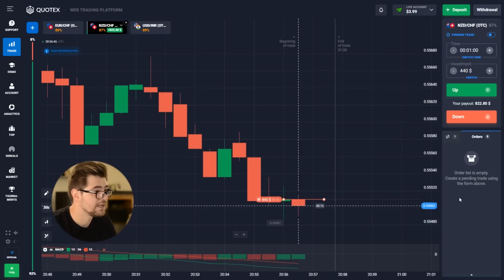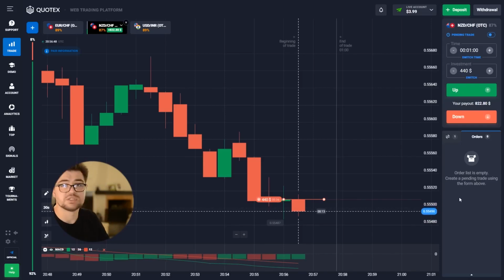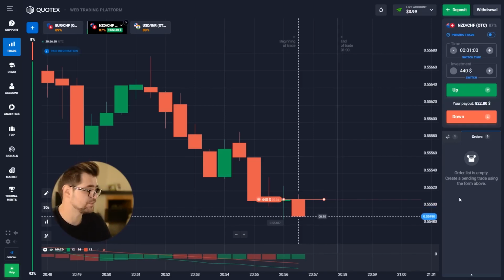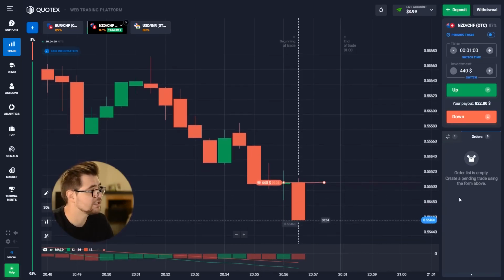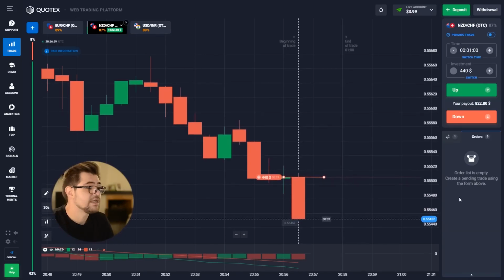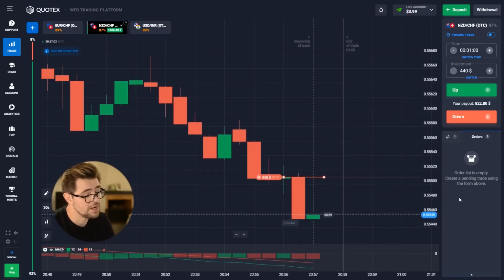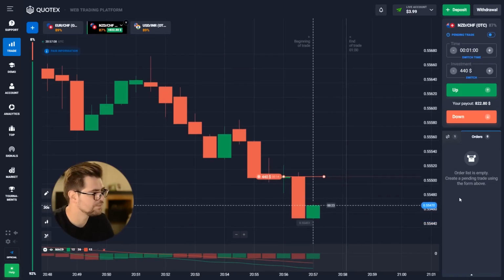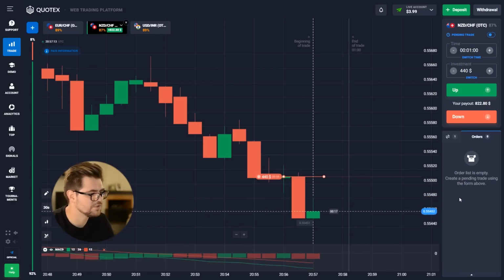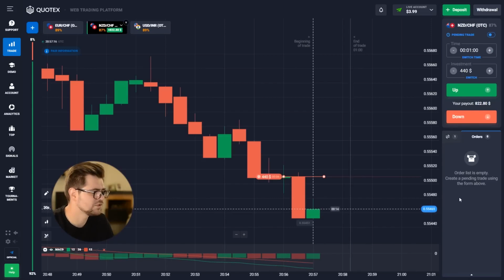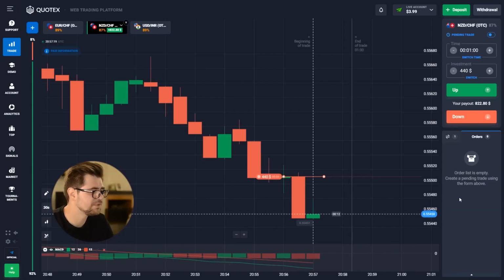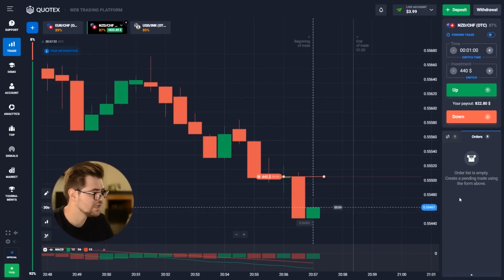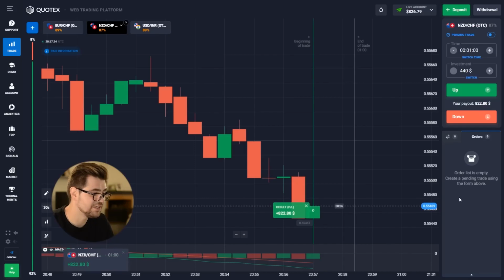Because this is short positions trading with binary options, you gotta keep in mind that it's a very short period. 1 minute is very short, and the patterns need time, the chart needs time. To go back up from this position, it needs a bit more time, same as with the other currency as I was showing. See, we got a profit here,